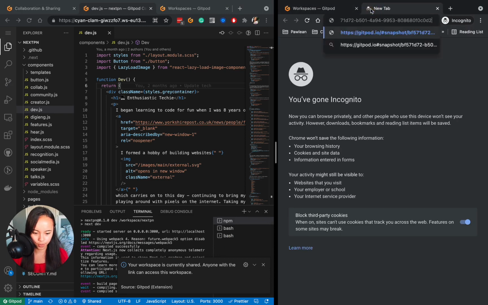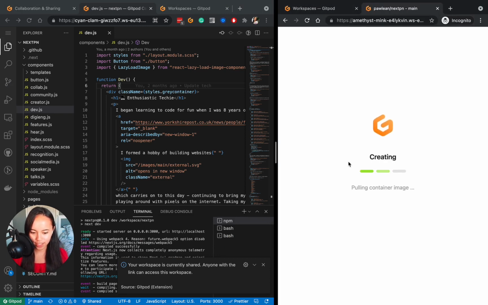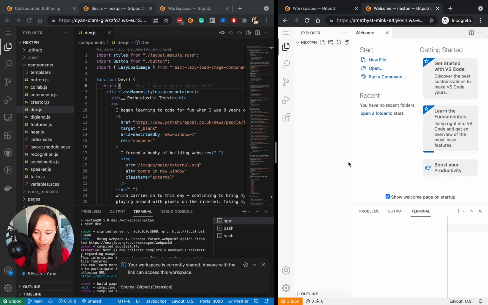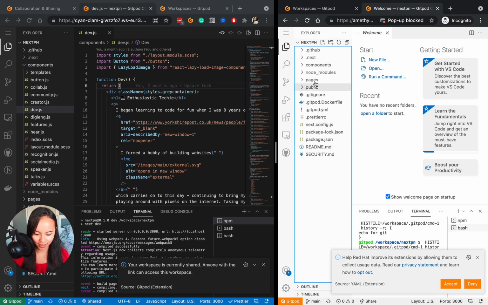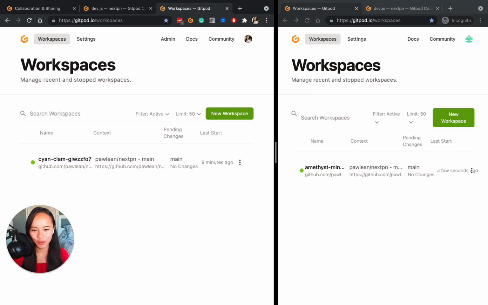version of the workspace. So essentially what this has done now, they've created a completely new workspace for whoever you're collaborating with. They have exactly the same snapshot of your code from when you shared it. So now they should be able to open up exactly how it's all set up here. Collaboration just got so much easier.